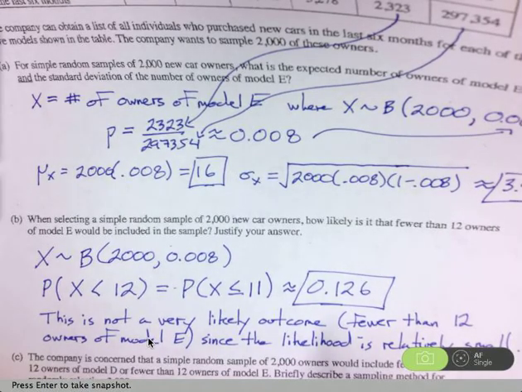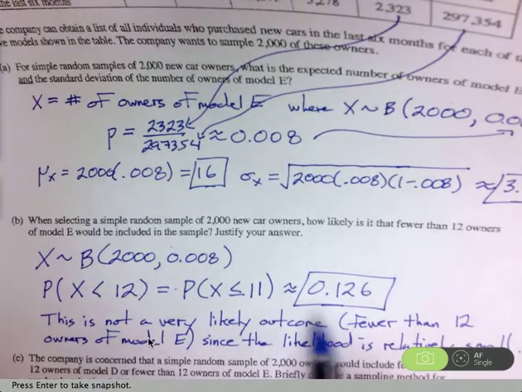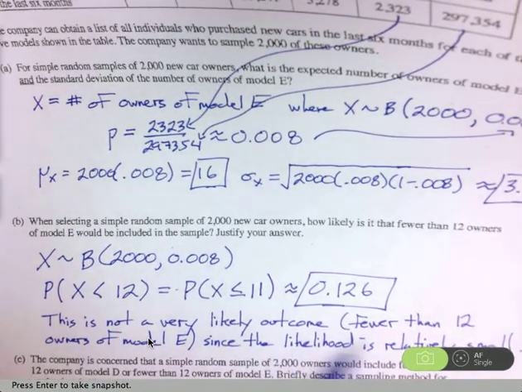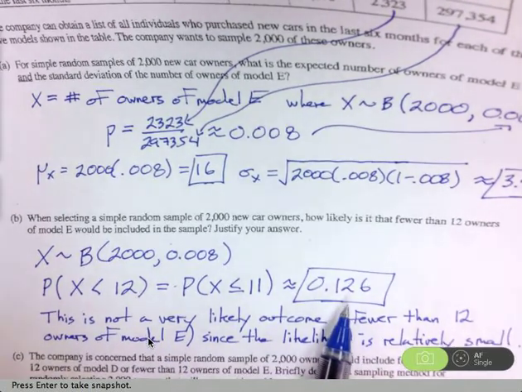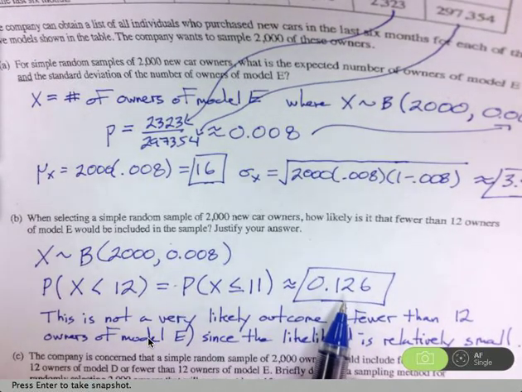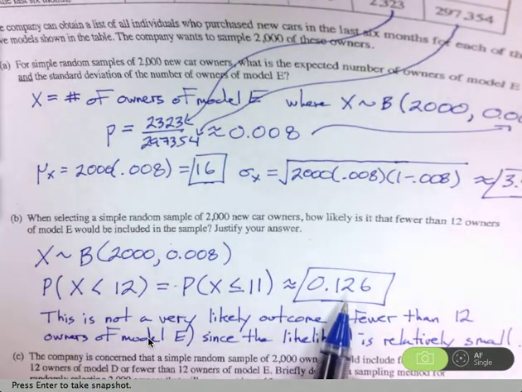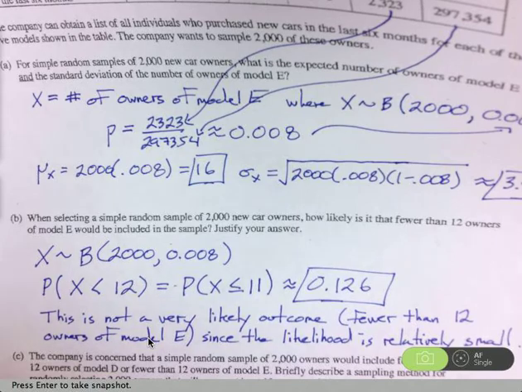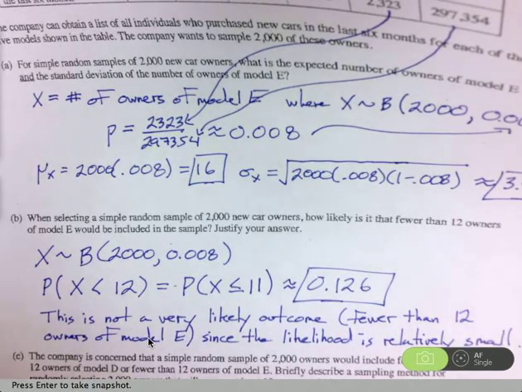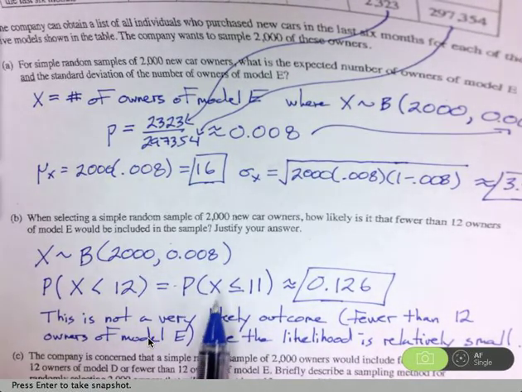So again, this is not a particularly likely outcome, fewer than 12 owners of Model E, because this likelihood is relatively small, although it's kind of in the in-between area. It's still more than 1 in 10. So this probability I would offer to actually answer the question: it's not particularly likely to happen. However, if it is important that you get representatives of Model E,